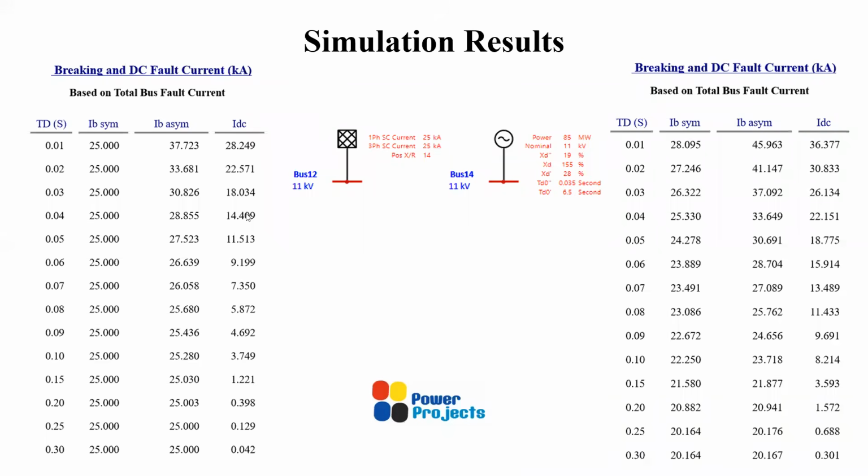DC current comes down, that is exponentially decaying DC current, which we will discuss a bit later. But the point is, if the fault is far from the source, far from the generator, then the symmetrical current is not going to come down with respect to time. But if you take the fault at generator terminal, the symmetrical current itself comes down. It starts at 28 kiloamps at 10 milliseconds. But if you look at 300 milliseconds, in just 15 cycles, the fault current has drastically reduced from 28